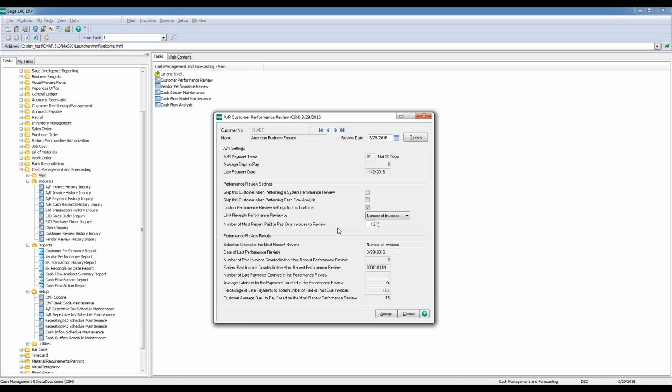Once you perform that review, those results are listed at the bottom of the screen. So it shows the last criteria you used to do that review. In this case, I'm looking at the number of invoices. It shows the date of the last performance review. It shows the number of late invoices, the average lateness of the customer based on that review, a percentage of late payments, and finally at the bottom, which is the important one, which is the average days to pay based